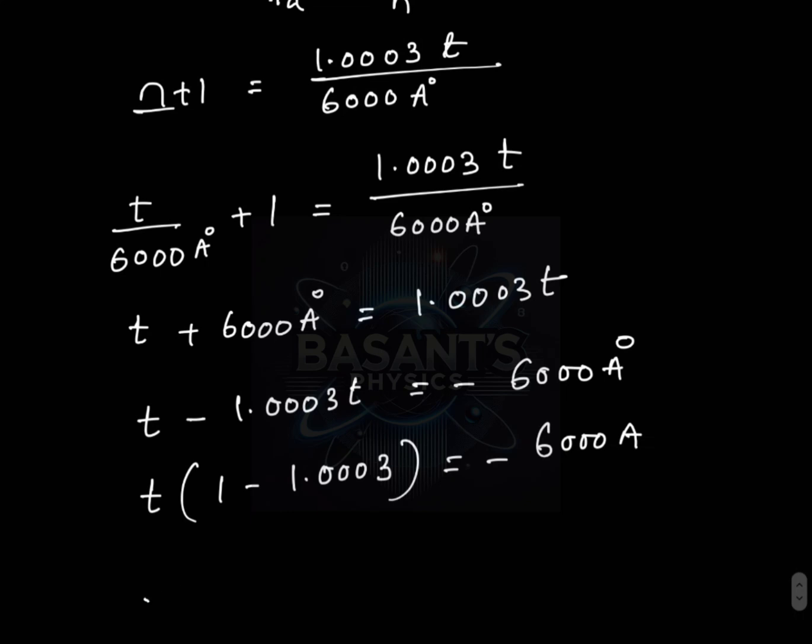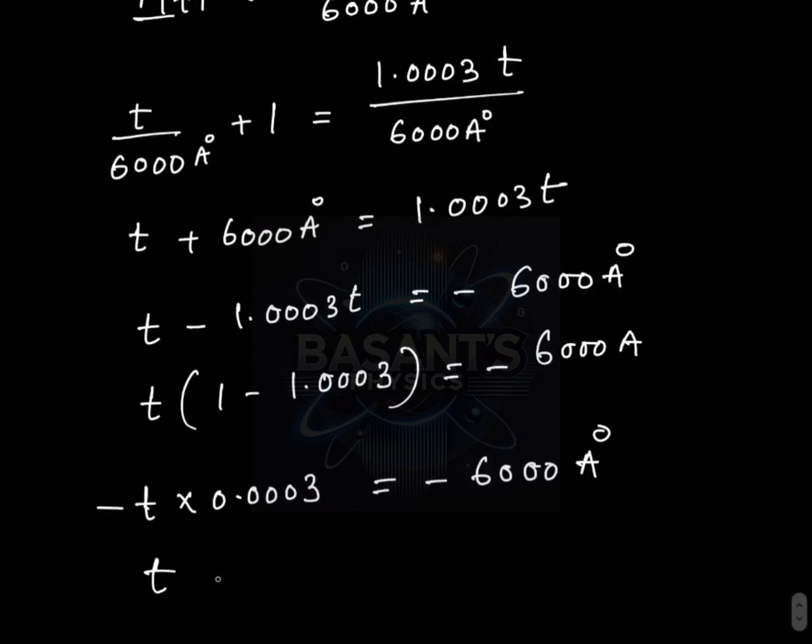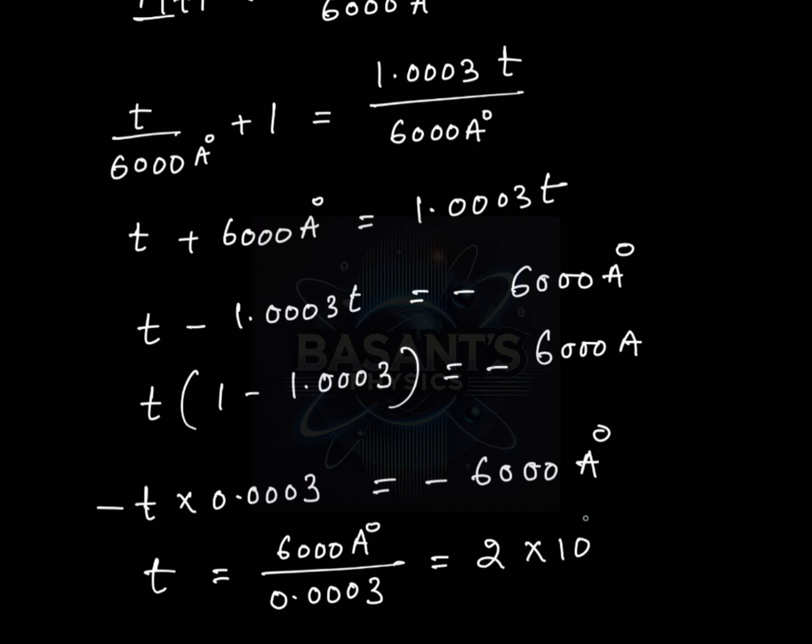So this is equal to minus T into 0.0003 is equal to minus 6000 angstrom. Now T is equal to 6000 angstrom divided by 0.0003. Now it is equal to 2 into 10 to the power 7 angstrom,